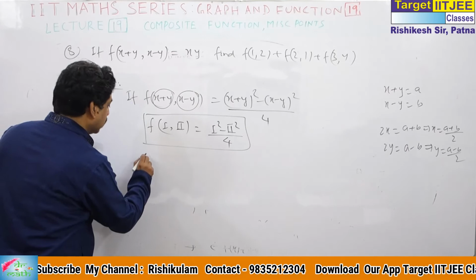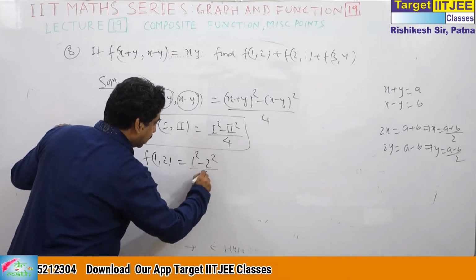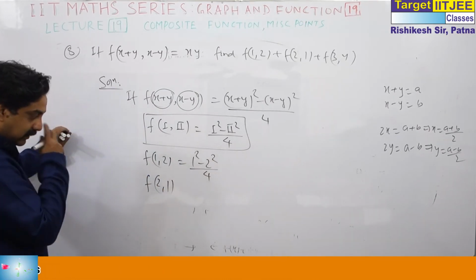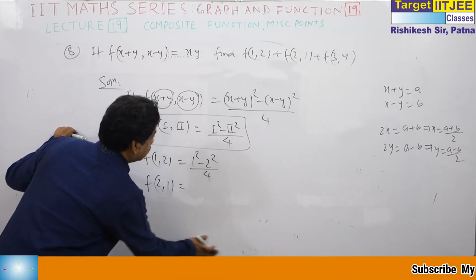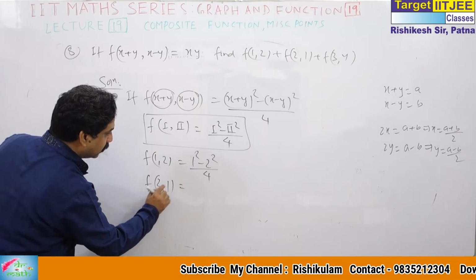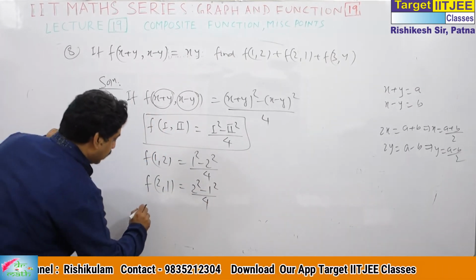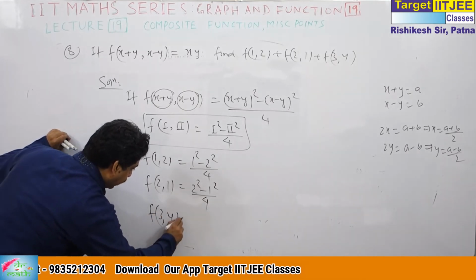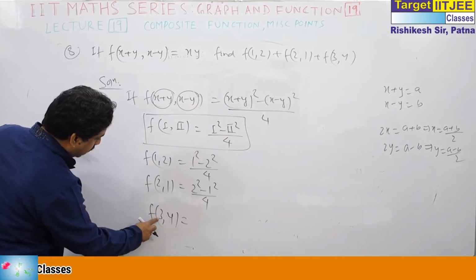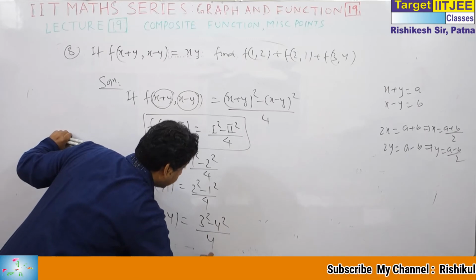So what is this? Now see f12. See this. First square minus second square by 4. Now you see this f21. Now see this f21. This is what? This is actually your first square minus second square. Now first is what? 2. 2 square minus 1 square by 4. Now see 3, 4. Here first is 3. First, second. First square minus second square. Here 3 is placed at first. So this is 3 square minus 4 square by 4.